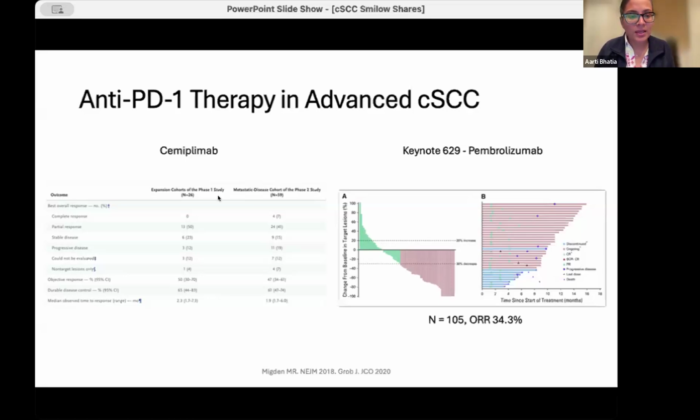Around the same time as the cemiplimab paper, about a couple years later, Keynote 629, which evaluated the efficacy of pembrolizumab, another anti-PD-1 agent, in a 105 patient cohort, also with advanced cutaneous squamous cell cancers, showed a response rate of about 35%, and that led to the approval of pembro in 2020 for this disease. And more recently, I think about 4 or 5 months ago, cosibelimab, which is a PD-L1 inhibitor, was also approved. So that's the third agent now for people with advanced cutaneous squamous cell cancers, and based on very similar efficacy